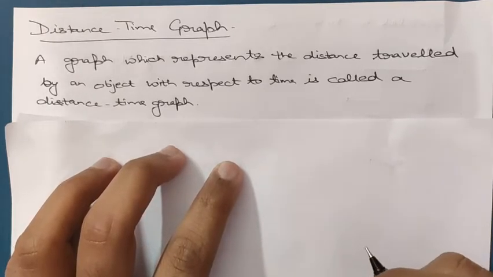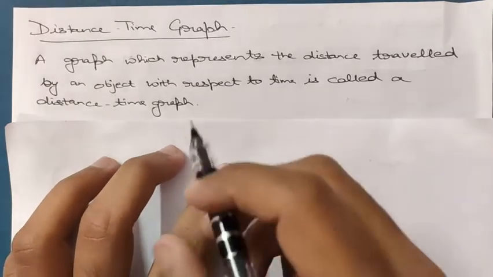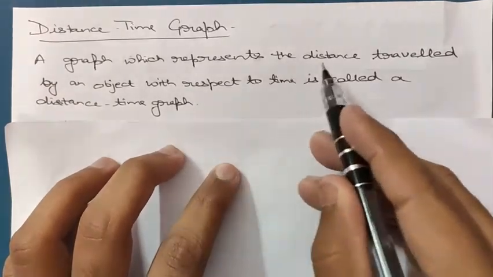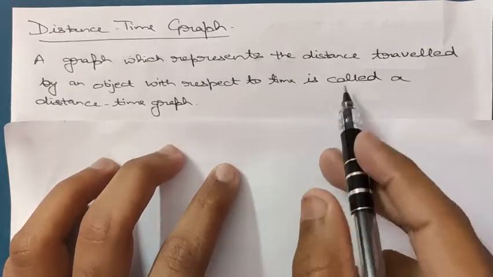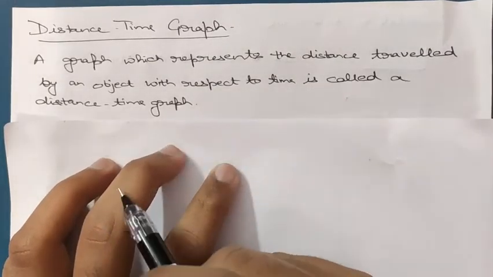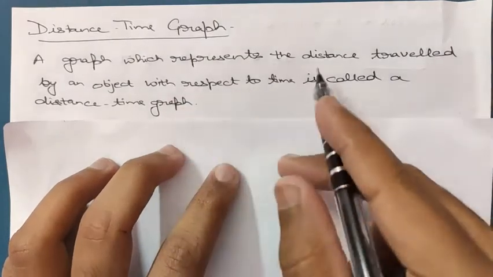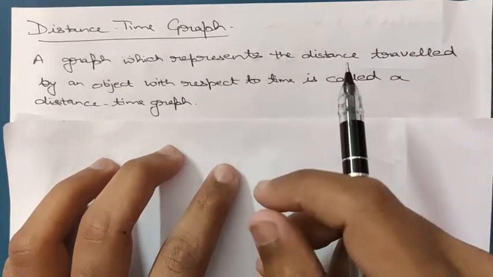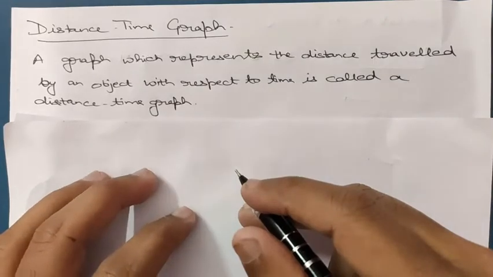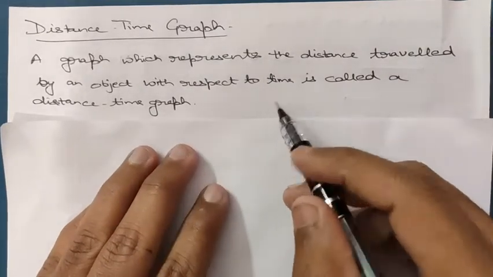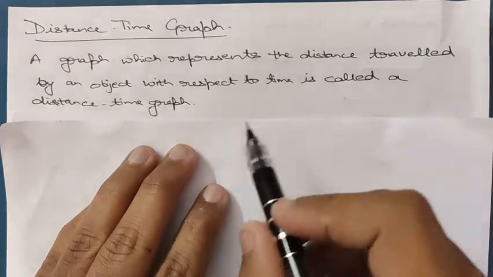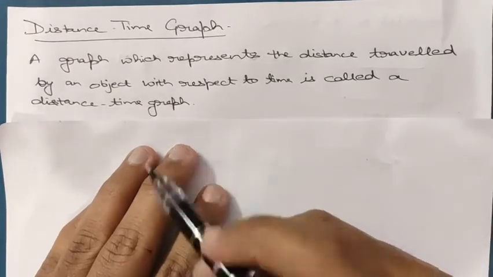Okay, it is very important, students. What is a distance time graph? A graph which represents the distance traveled by an object with respect to time is called a distance time graph. Getting it? A graph which represents the distance traveled, meaning an object is traveling. So the total distance traveled by the object with respect to the time taken, meaning what time it has taken to complete that distance, is denoted in a distance time graph. Okay,